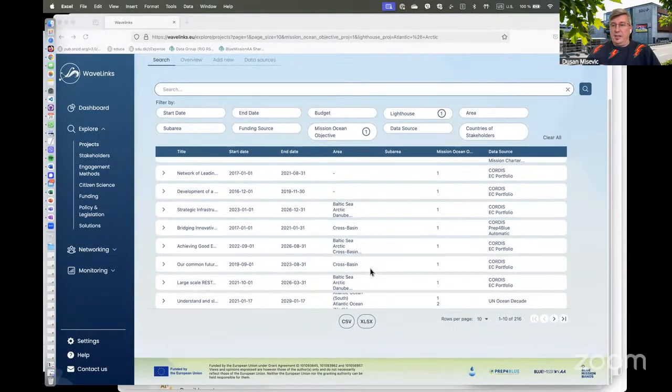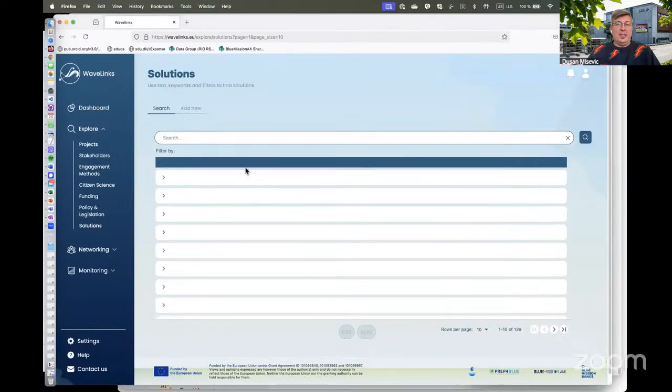So this is also a way to give things back, and to allow you to use this data possibly in other ways than just directly on the website. So this is how you can get the data out. Now I want to talk about how you get the data in. So the specific example is